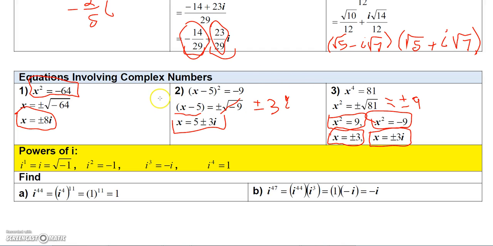Now I wanted to end on this. Some instructors like to talk about powers of i. Well, it turns out that i to the first is just i, and we know that i squared is negative 1. Well, i cubed,